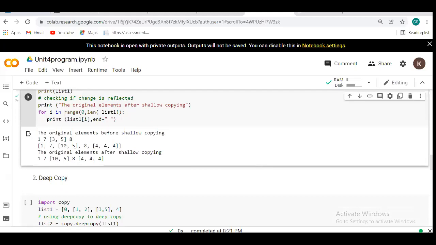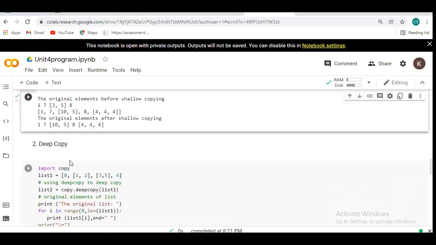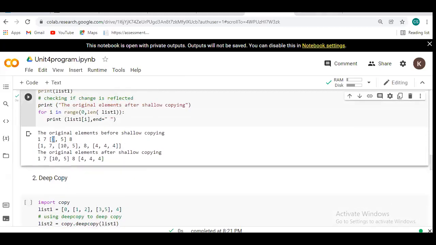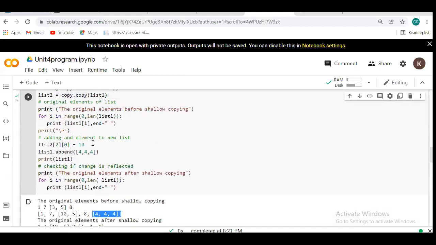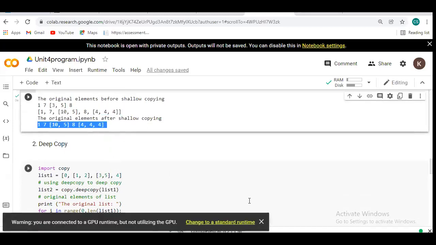After that, first of all I will perform the shallow copy operation. Then I will replace the value at the second location, that is 3, with 10, and after that I will append some value to my list, that is 44. Okay, and after appending my list should be like this: 1 7 10 5 8 and 44.